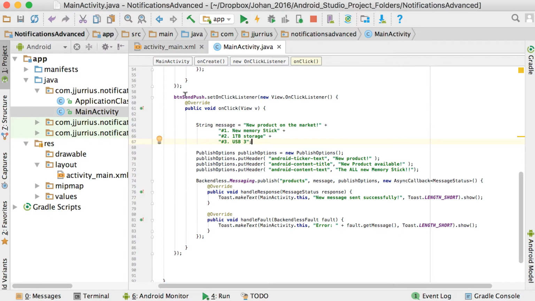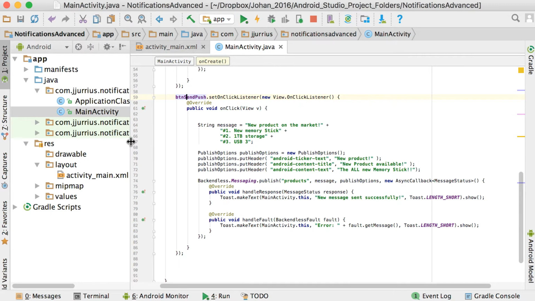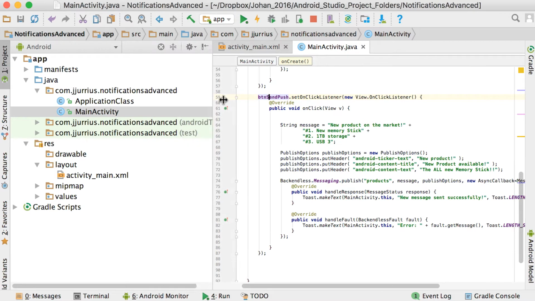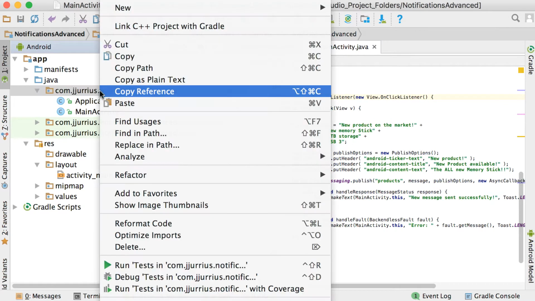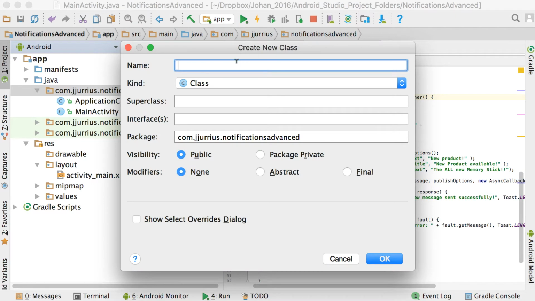Okay, so this is basically when we send a new push notification, this is the message that we sent, but up until now we cannot see anything. So what we need to do now is to go and create our own broadcast receiver for receiving Backendless notifications. So in order to do that, we're going to create first a service. So we're going to say new Java class, and we're going to call this class, well, you can call it whatever you like. I'm going to call it Backendless custom receiver,